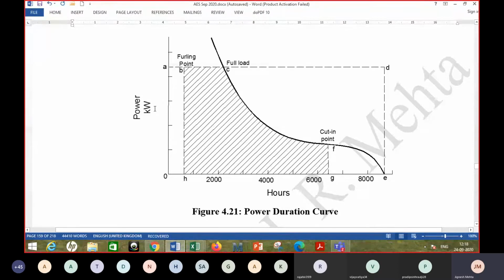you can say, full load. That is, the turbine is designed for a particular load, or the generator which has been coupled to the turbine has some rated capacity. Let's say it is 800, here it is shown in kilowatts. So let's say it is 800 kilowatts, right? Or it may be even 800 megawatts. No, I'm sorry, 800 kilowatt is the right number, right?